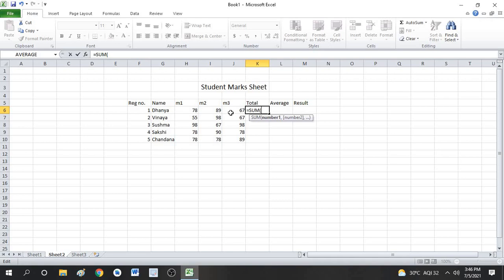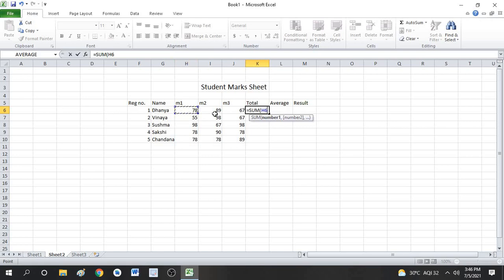I can either take M1 plus M2 plus M3, or I can directly take the cell names. So here I am starting with the marks 1 of Danya, that is in H column and 6th row. So for that you can see, if I place my cursor here, it is taking automatically, that is H6.